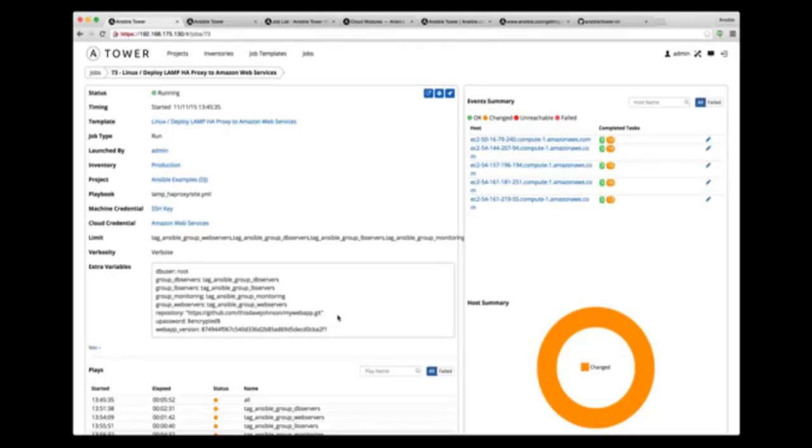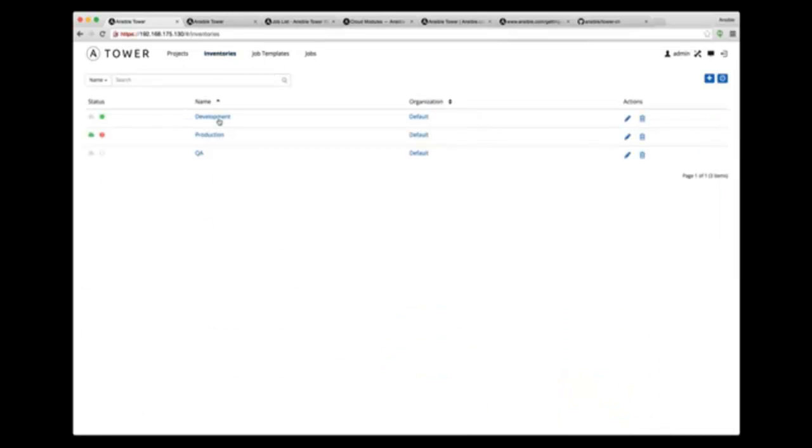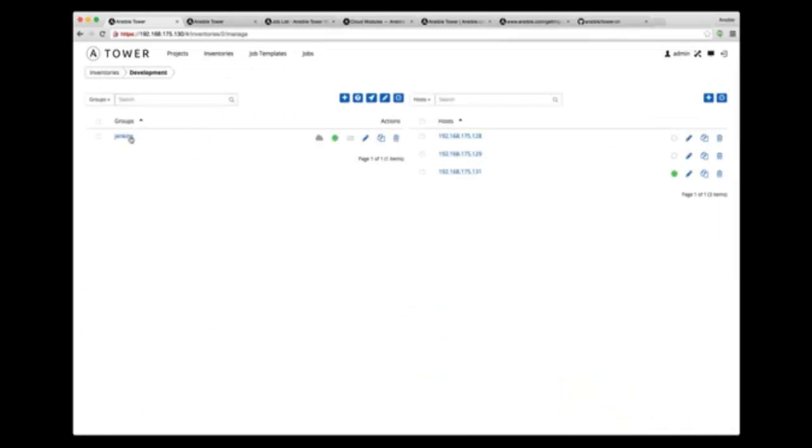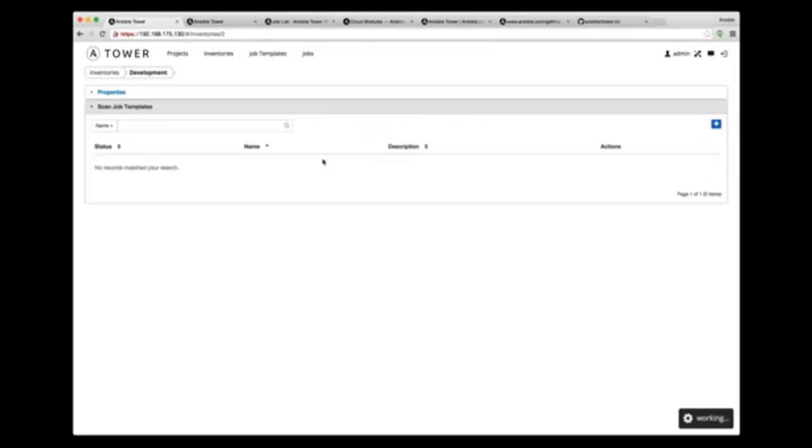You can also set, as we saw a little bit ago, variables on a particular host, on a whole group of hosts, or an entire inventory, and the playbook could read those values as well. So if you had HTTP port number set in development for all development machines to a certain value different than production, then you could easily just go into your inventory, find that set of machines, group them together, and then set a variable on